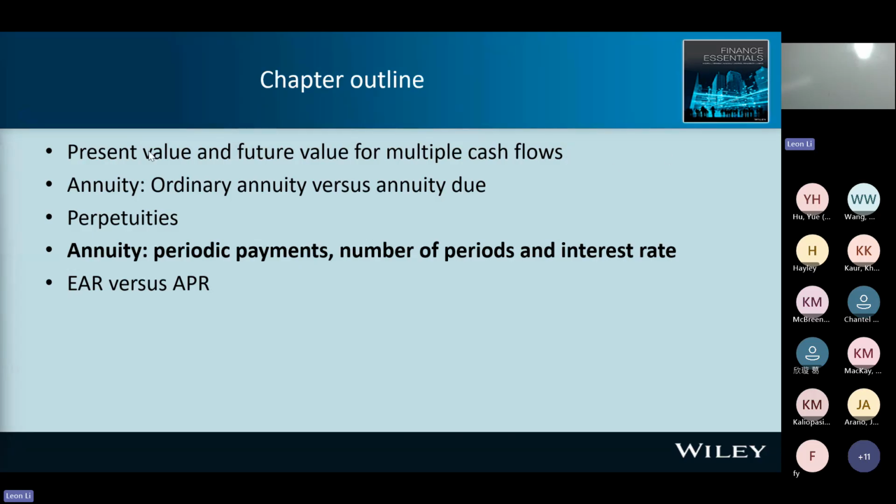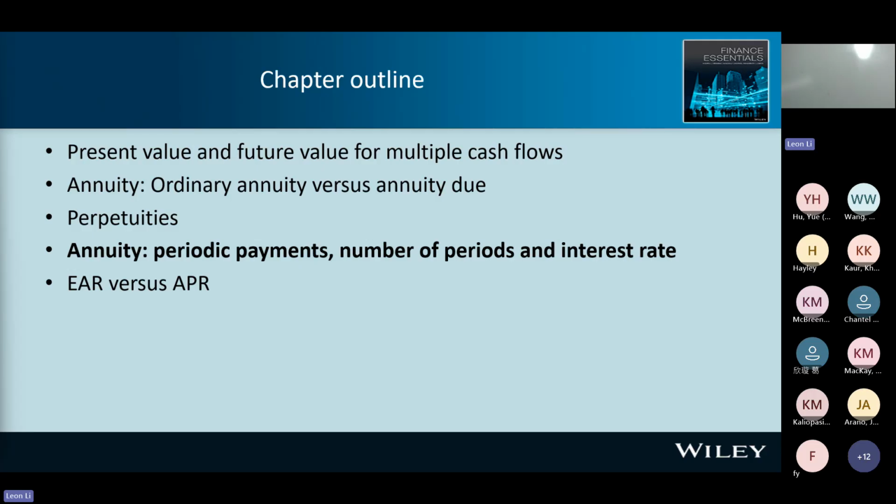So we can calculate the present value and the future value for multiple cash flows. Then we discuss a special case, annuity. When I see the annuity, I know it's a constant cash flow, right? Then perpetuity, the constant cash flow forever. So our next topic is